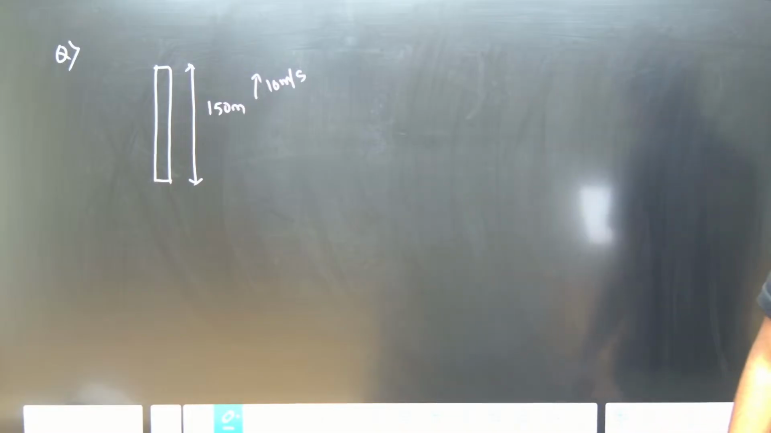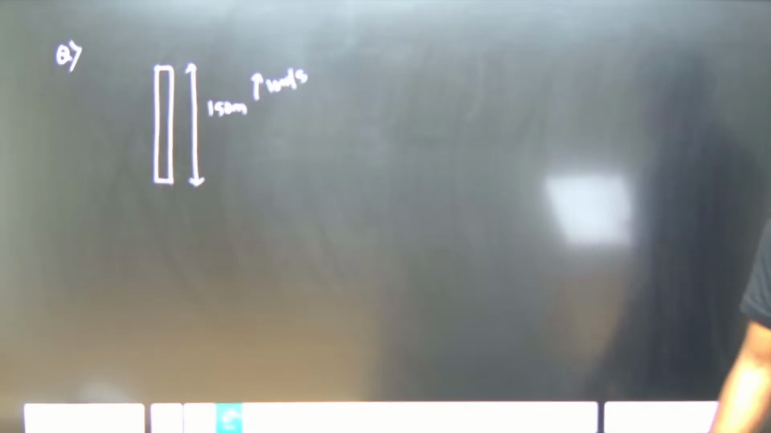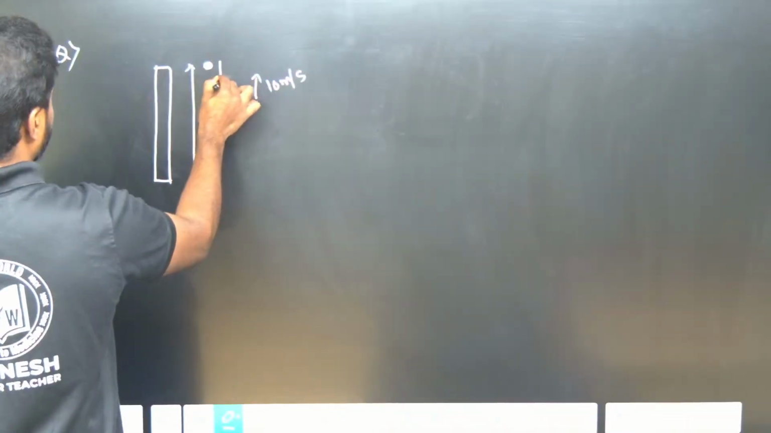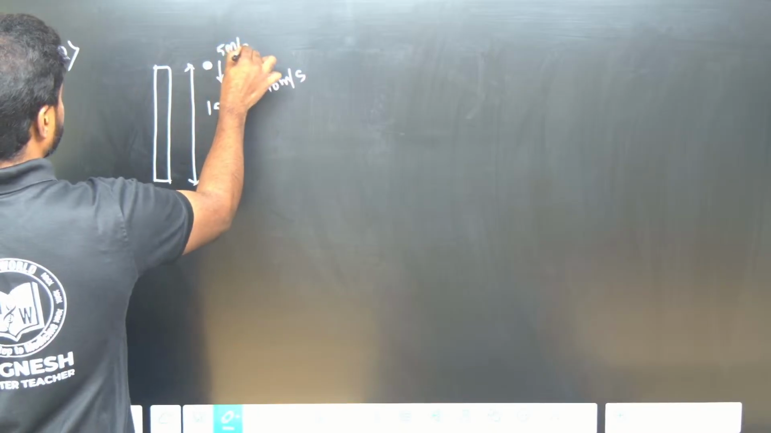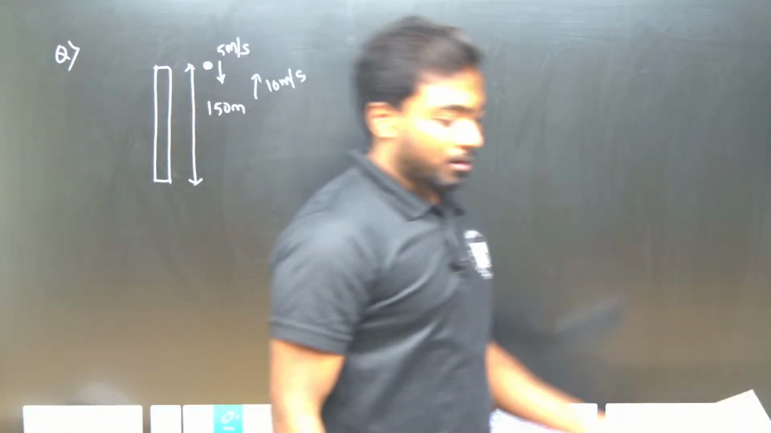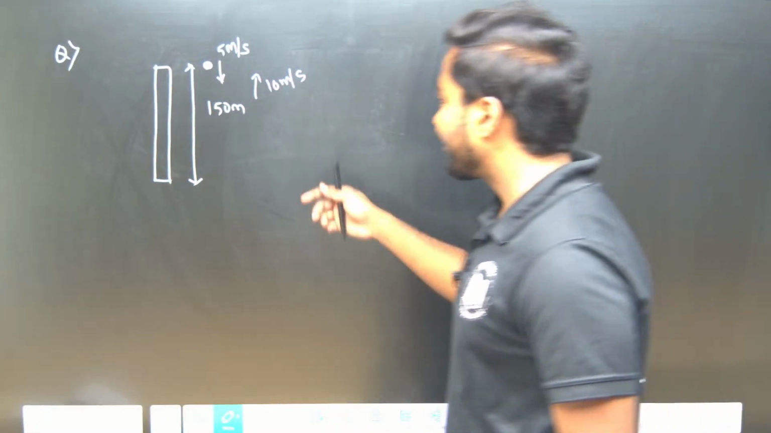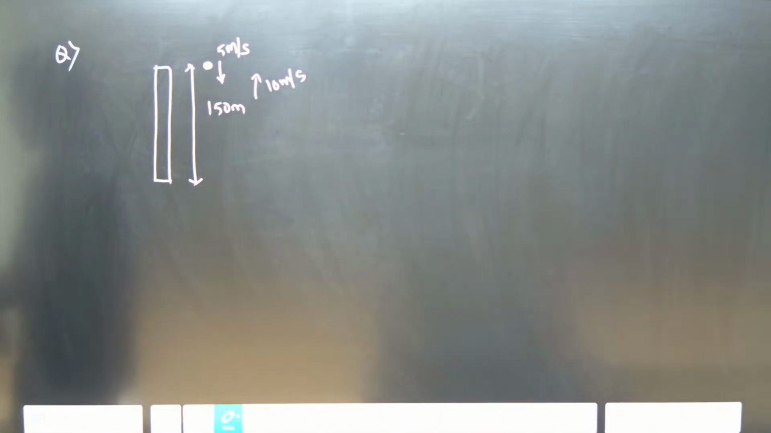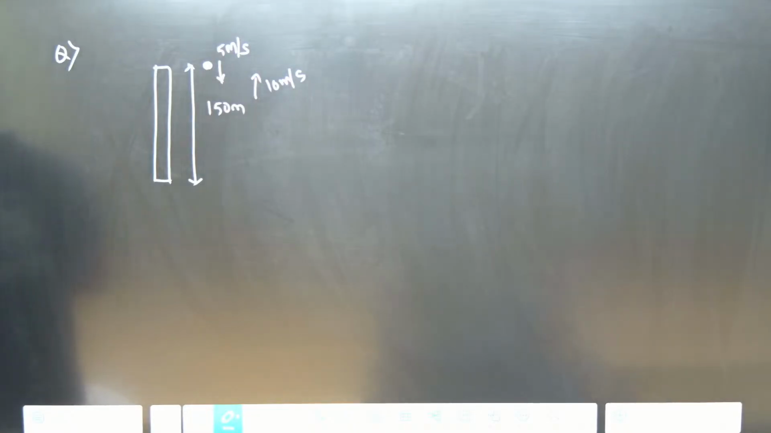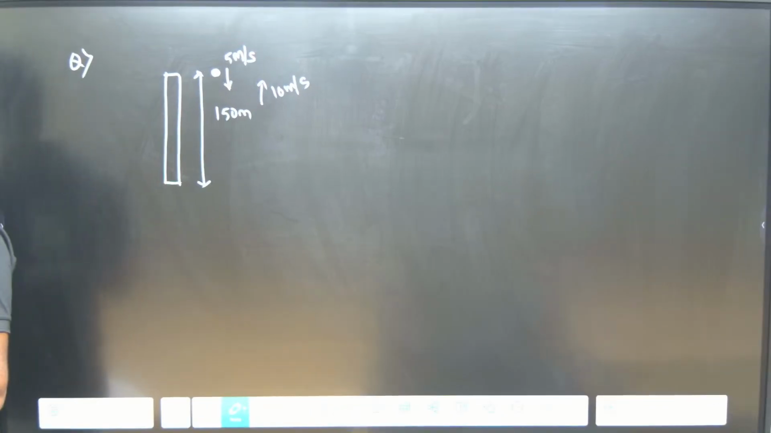Now, a parrot is flying towards south with a speed of 5 meter per second. So, this is the parrot, towards south, 5 meter per second. Then the time taken by the parrot to cross the train is,